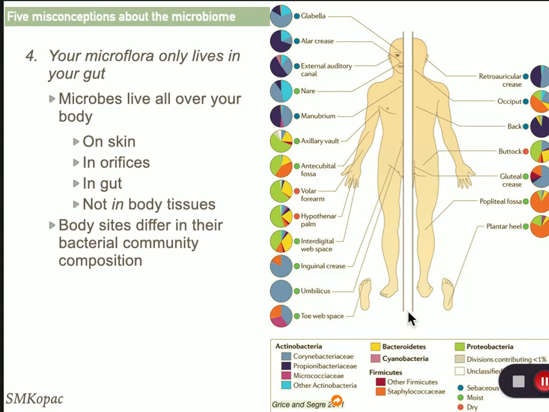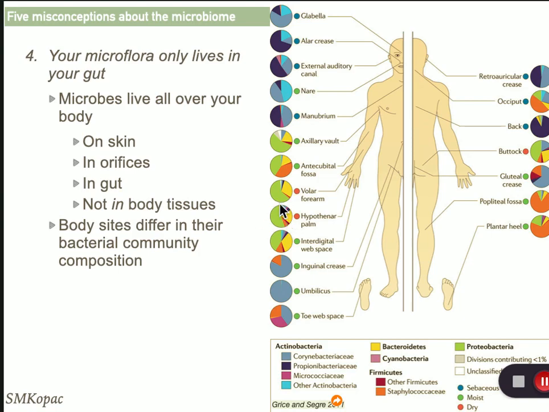So this image is from one of the early studies on the human microbiome, and it shows a bunch of different body sites or areas of the body that were sampled with sterile swabs where they found bacteria. So pretty much everywhere on the body that they sampled, they found bacteria. And in this image, the bacterial types are divided up by color. If you are familiar with bacterial taxonomy, you'll see that these groups that are associated with the colors are really diverse groups, or really broad groups, so we're not going down to the species level by any means. But you can see that there's a lot of diversity even using these broad groups, which means that we have lots of different types of bacteria